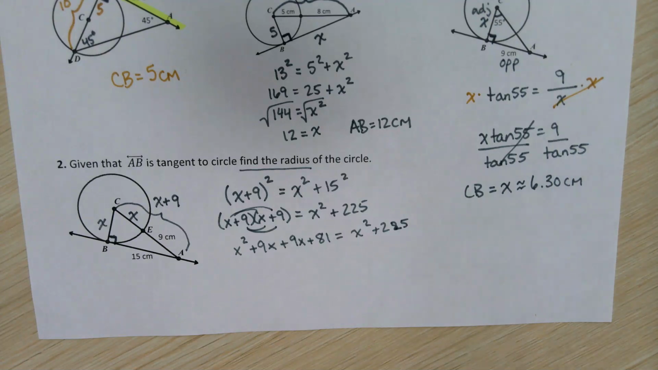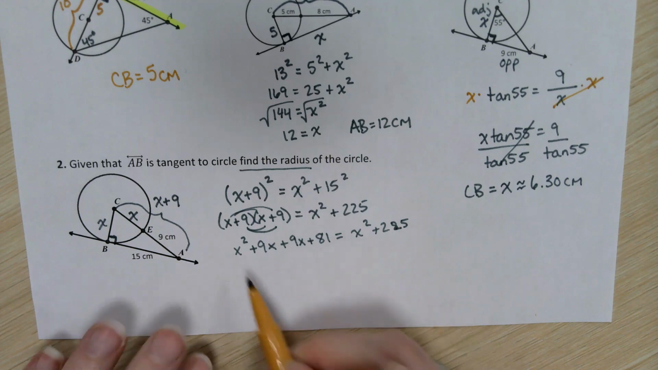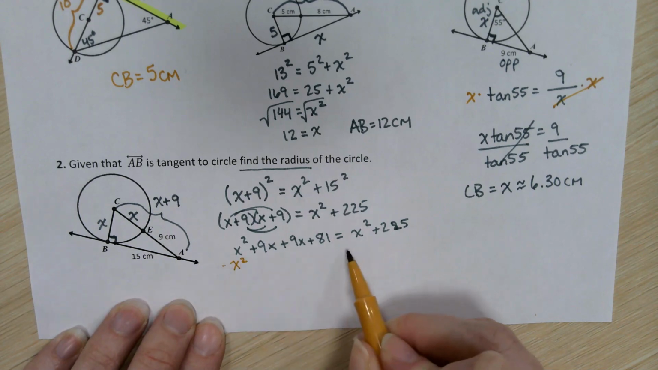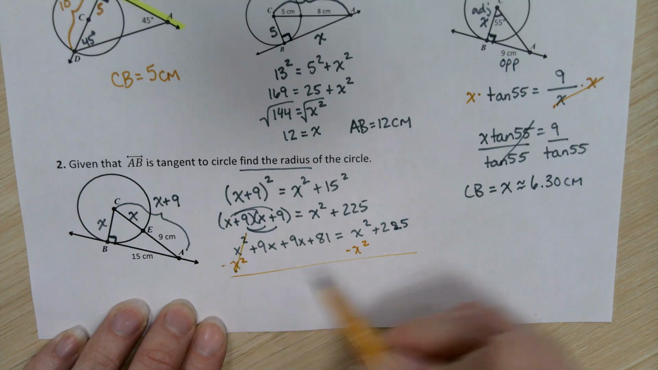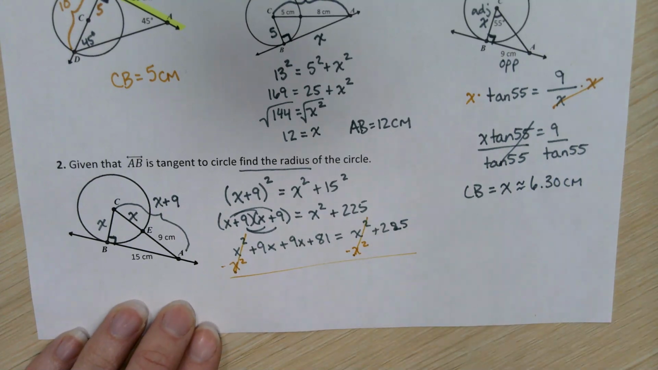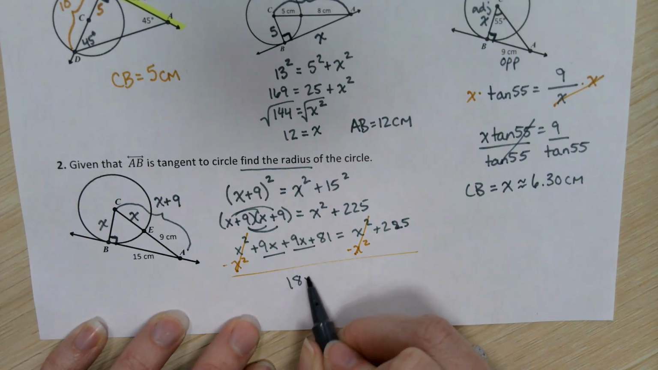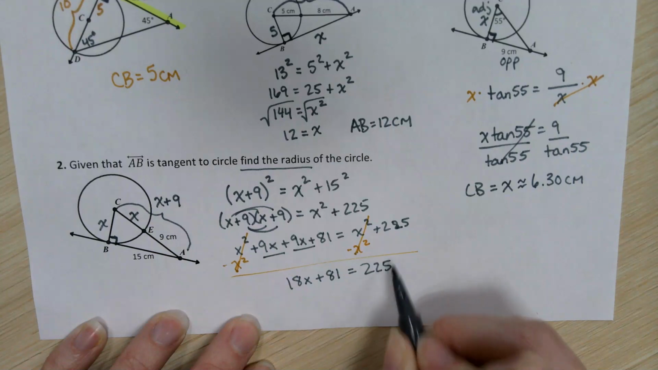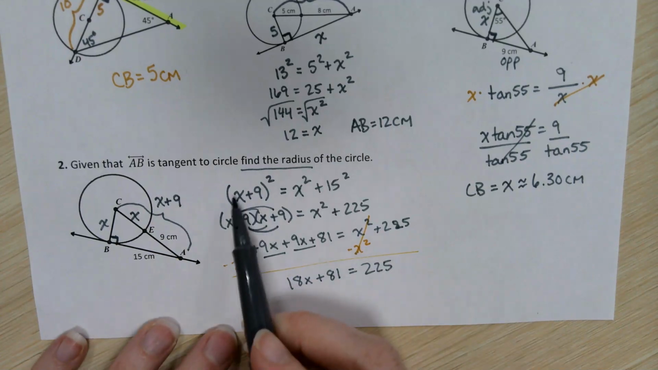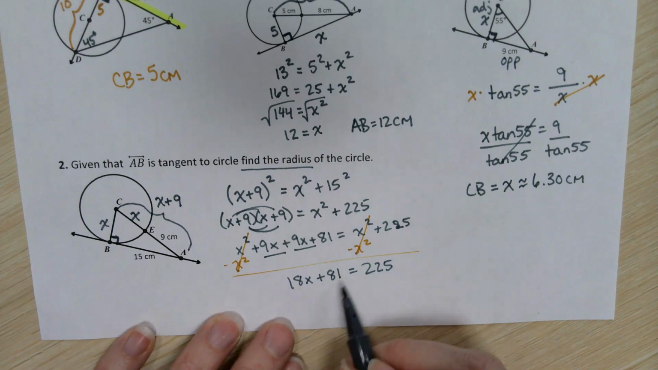Now, before we get too worried, if we try to get these x squareds onto the same side of the equation, they are actually going to end up making 0. X squared minus x squared is 0 on both sides of the equation. So we really are just left with 18x plus 81 equal to 225. So even though the simplifying part of this was a little bit complicated, we just have a regular equation to